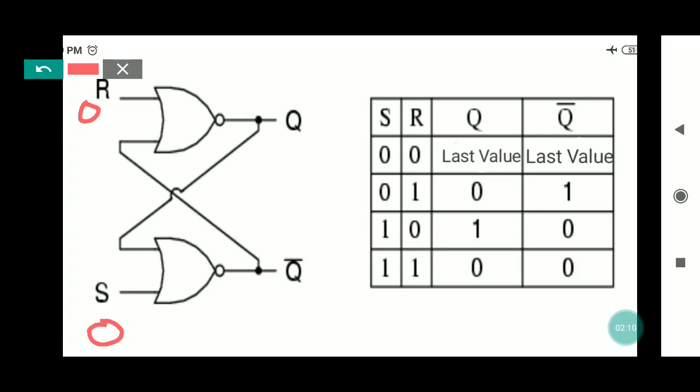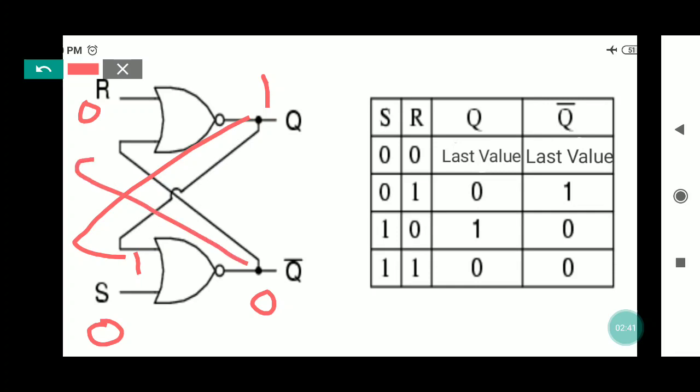Okay, so what we can do, suppose Q is 1. So let us take under the same case, first case, let us consider the first condition. Consider Q as 1. Now this Q comes here. Okay, this 1 comes here. Now there is 1 high here, so it will give 0.